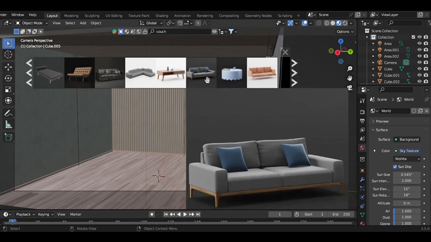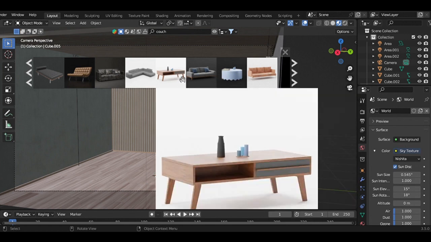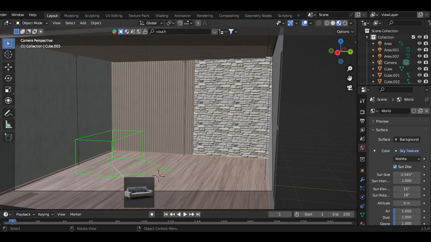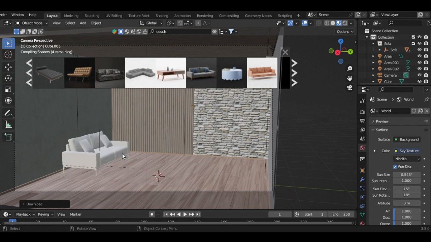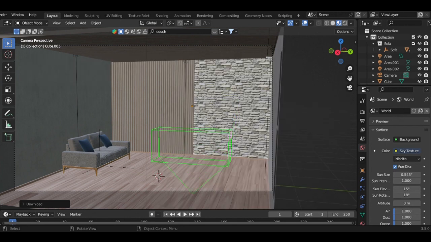In this case, I actually like the way this looks, and it looks like it'll pair up pretty well with it. So I want to just drag that in, let it load up, and let the materials and everything load up first. Okay, so once that's done loading, I can just drag another one,